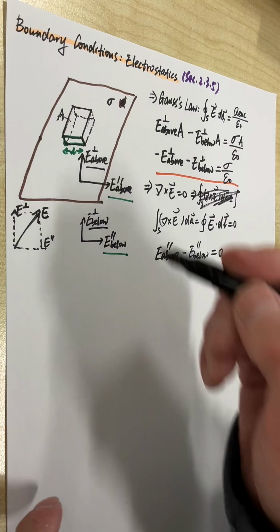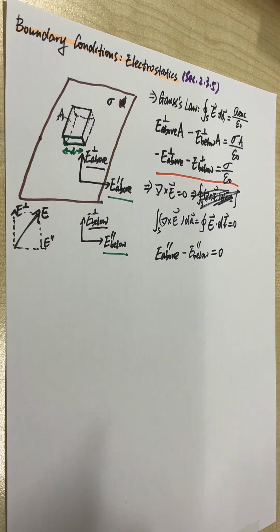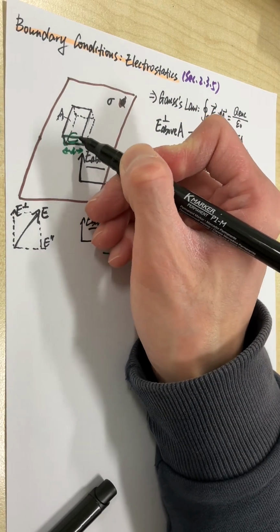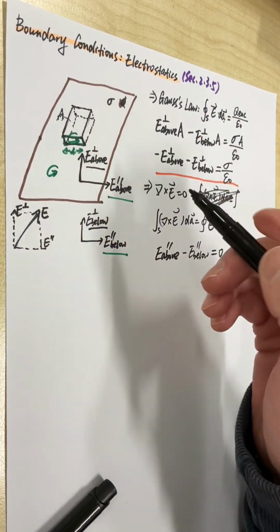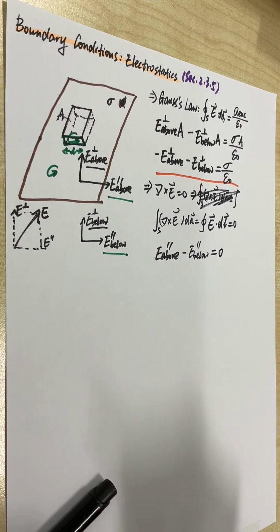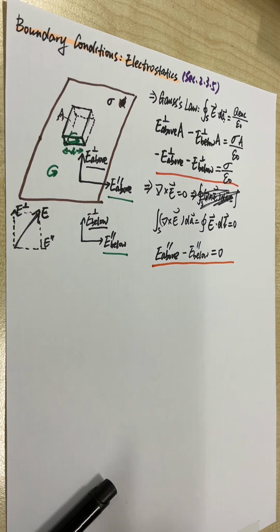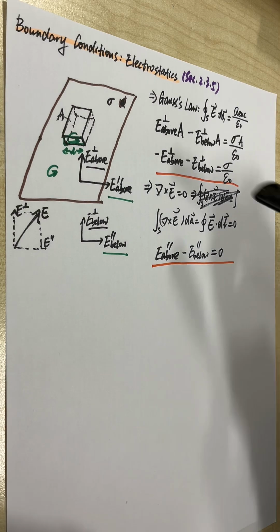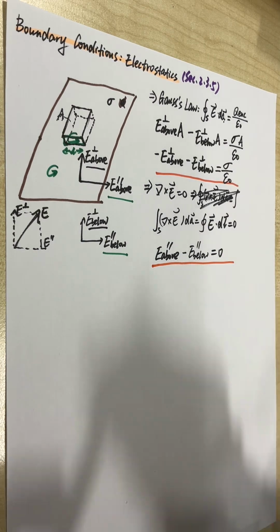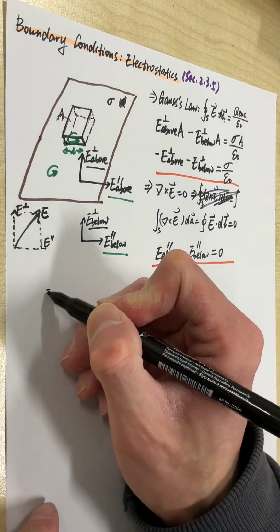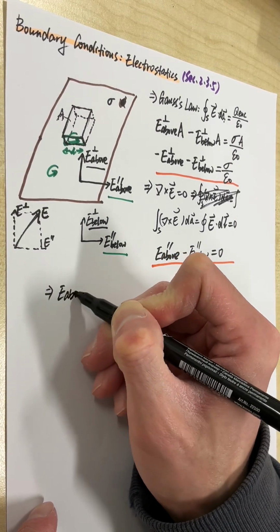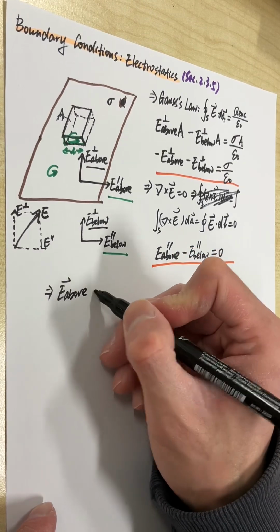The line integral is a loop like this, so one of them must be negative. So here we have E above parallel minus E below parallel equal to 0. This is the second boundary condition. So in summary, if we express this as a vector, we have E above vector minus E